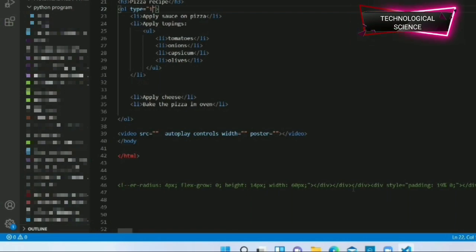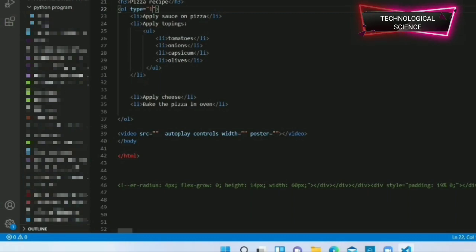Now what if you want to add a video, not embedding it from any site, but a video saved on your desktop, into your web page? You need to add video tags, and you can see here SRC is the source of that video. I have already explained in my first two videos what sourcing means. These are some attributes: autoplay, controls, width, poster. Autoplay means when the person opens your website, the video will start playing without any command from the user.